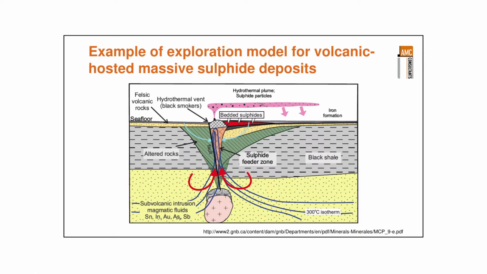So this is an example where we have a heat source coming from the bottom, from potentially 5 to 10 kilometres below the Earth's surface, and it sets up a convection cell. And at the end of the day, we end up with some massive sulphides on the seafloor surface or on the land surface. So it's a process that geologists think has happened in the past to form zinc deposits and